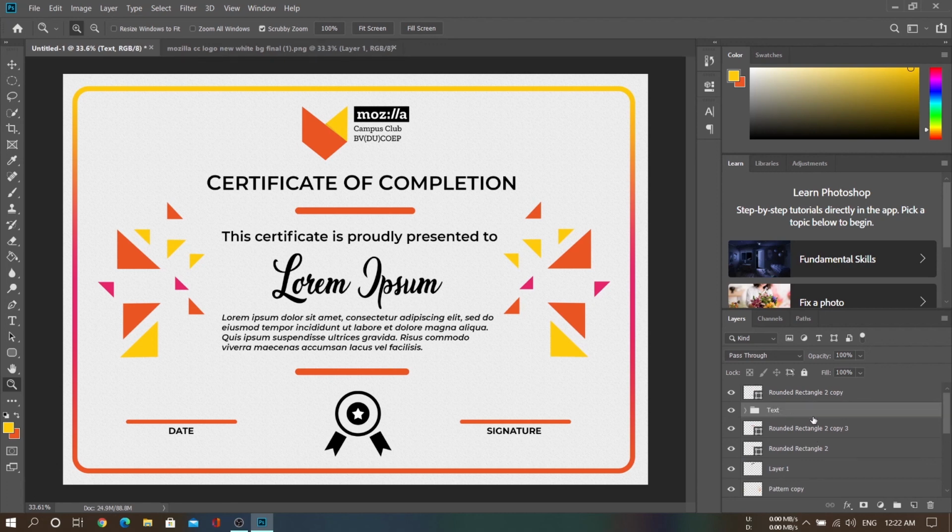And now we can select all the patterns here by holding down Control and dragging it over the folder and name it as pattern. We can also name this layer 0 as background so we will not get confused.